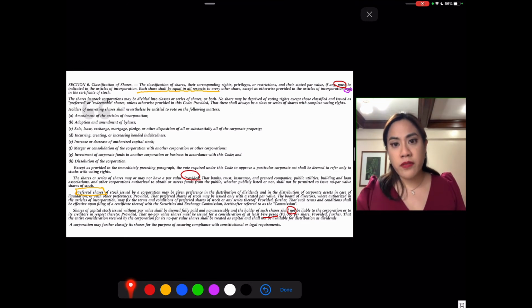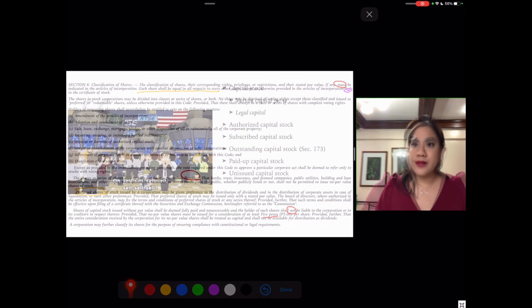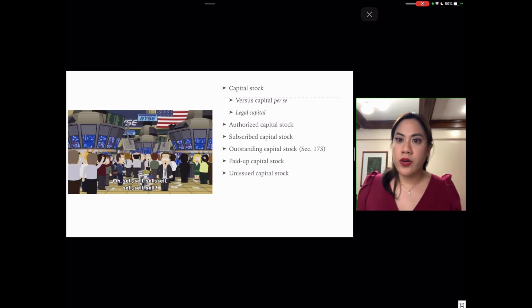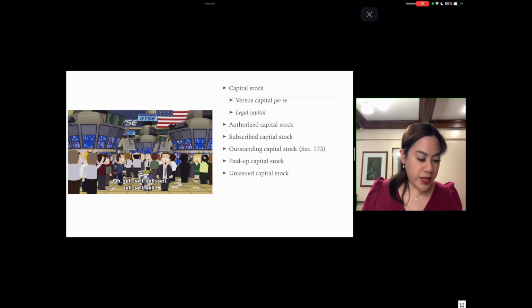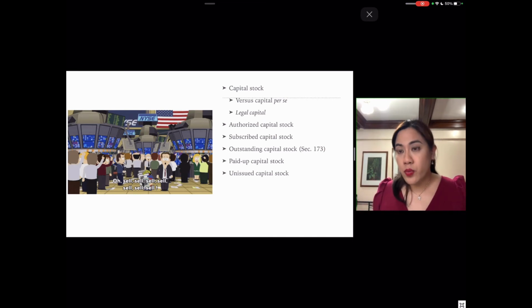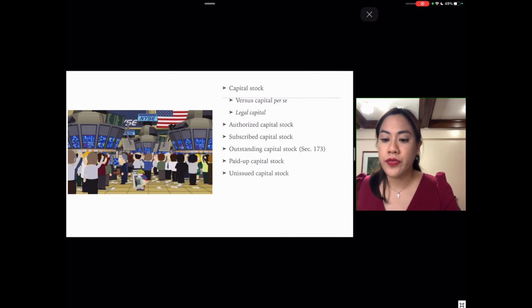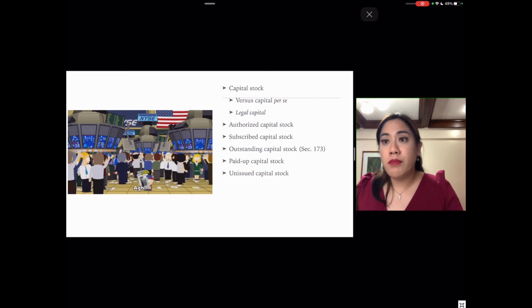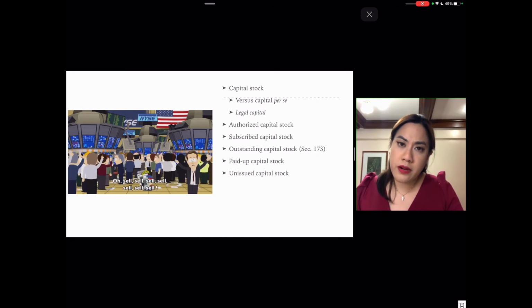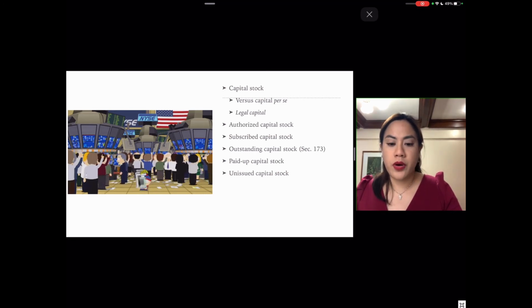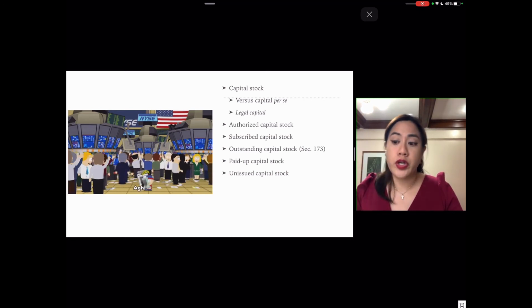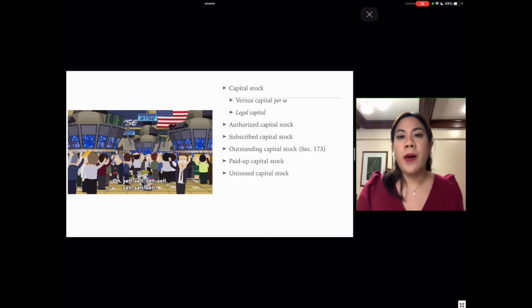So the terms covered by this section, preferred shares, you already know, as I'm sure, from your basic accounting, but briefly let's go over them again. So let's talk about some terms that I'm sure you already know from your basic accounting courses. Number one is capital stock. Capital stock, as we all know, is the amount fixed in the Articles of Incorporation to be subscribed and paid in by the shareholders either in money or property or labor or services at the organization of the corporation or afterwards. So it is the equity of the stockholders paid in